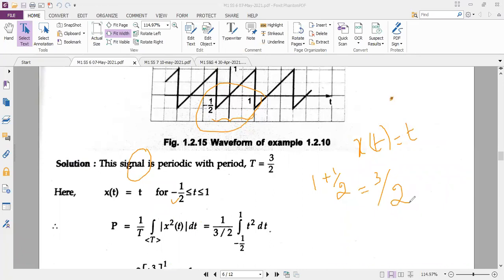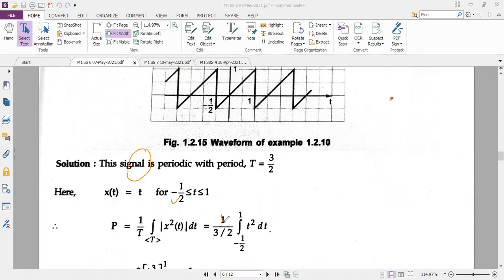You don't get confused, madam. Here it is minus 1 by 2, we are adding plus 1 by 2. See, I am finding the total time interval. Between this and this, from 0 to this left hand side, it is 1 by 2. Half is the time period. And at the right hand side, you have 0 to 1. 1 is the time period. If I want the total time period, I have to add it, irrespective of whether it is on the positive x-axis or negative x-axis. So the total time I have got is 3 by 2.